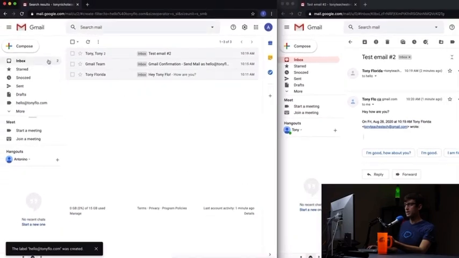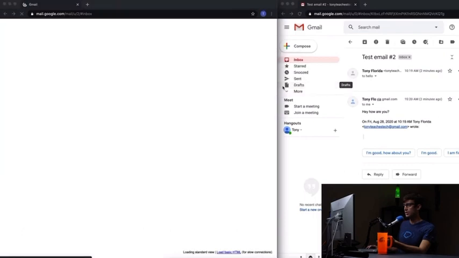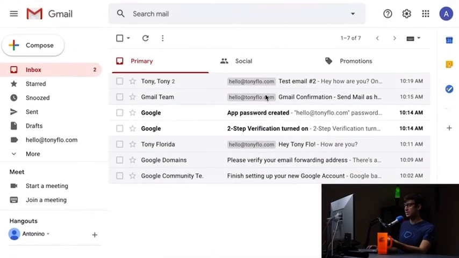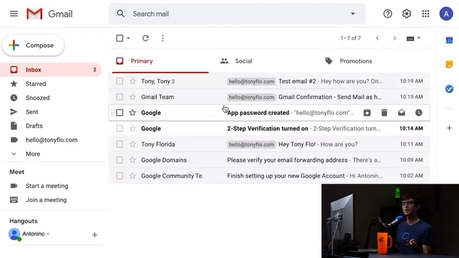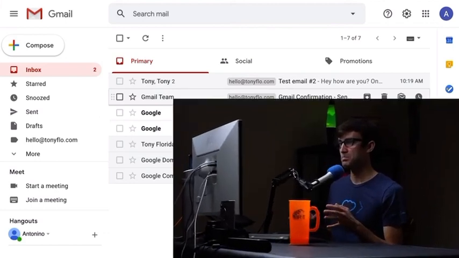And now if we go back to our inbox and refresh, now you'll see that we have that label applied to these email addresses that were sent directly to hello@tonyflow.com. The other emails in here are to my personal email address. So you can see if you have like hello@tonyflow.com, tony@tonyflow.com, like support@tonyflow.com, like all those different email addresses. It's just a good way to filter on them very visually, very quickly when you come into your email inbox. That's about it, guys. There's nothing else that we have to do back in our Google Domains